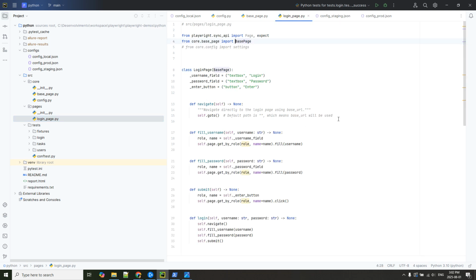And the login page. Here is interesting because I'm using POM, the page object model. It's very, very common. It's a pattern used in software development, like QA and so forth. Here, this class has different methods,